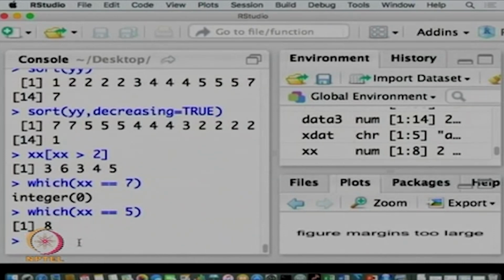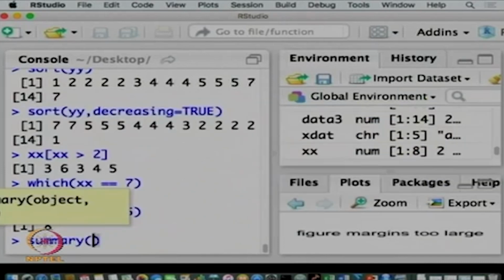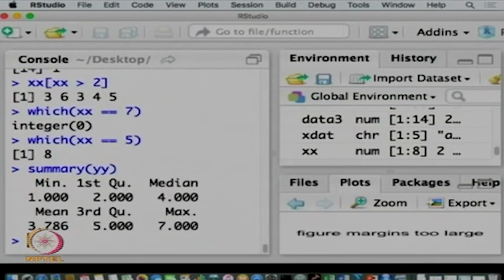I can do another thing which is the summary of yy. So what it gives me are the minimum, the first quartile, the median, the third quartile and the maximum. Okay. So instead of summary you can also use this function called quantile,